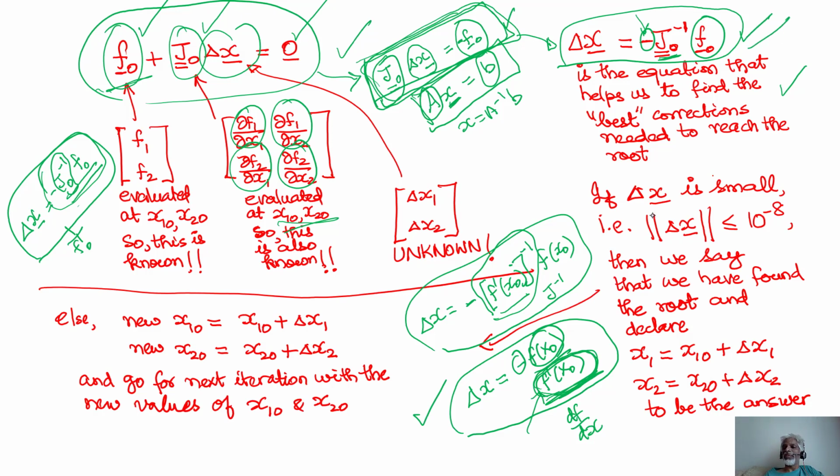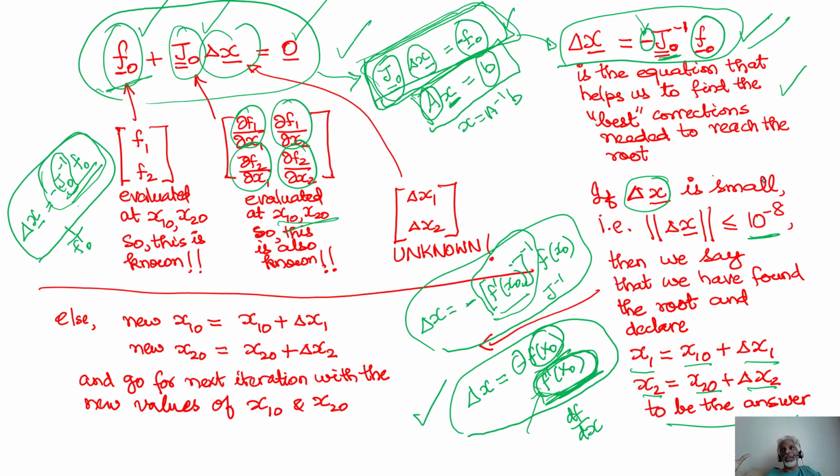All right, so we know the correction vector. Now we recognize that if the correction vector is very small, let's say of the order of 10 power minus 8 or 10 power minus 12, then we say, well, these are very small adjustments to the x values, and therefore we can just declare that we have reached the root. And we will just say, well, x1, the solution to the problem, is x1 naught plus delta x1, x2 value is x2 naught plus delta x2, and that would be the answer, right? Because if delta x is very, very small, we don't see the need for further iterations. After you have made the current correction, you can say that's it, and you can declare the answer.